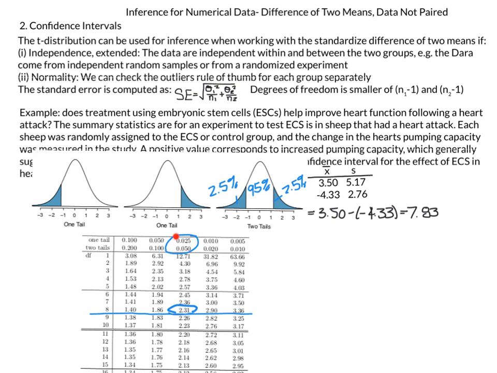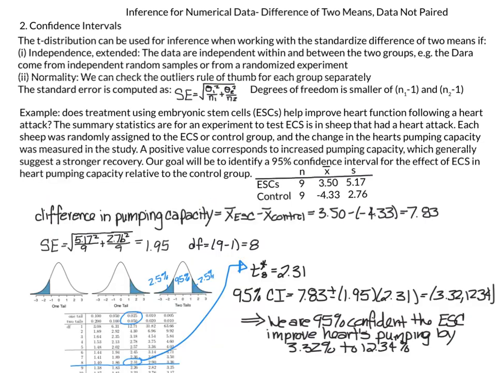So here, and where did I have my degrees of freedom? Well, degrees of freedom was 8. You'll have to take my word for it, but in a minute you can verify. So what we have now is a t-score of 2.31. I've moved that up here. My test statistic for 8 degrees of freedom is going to be 2.31,